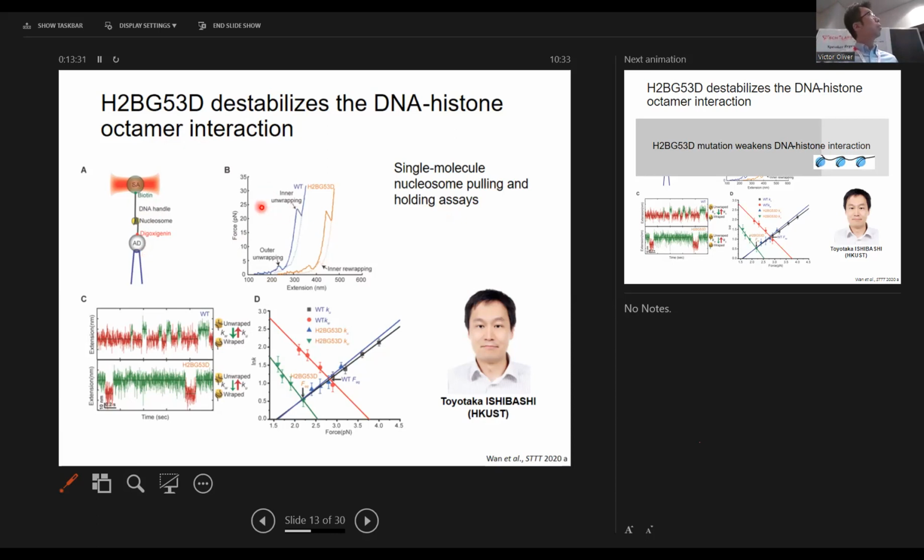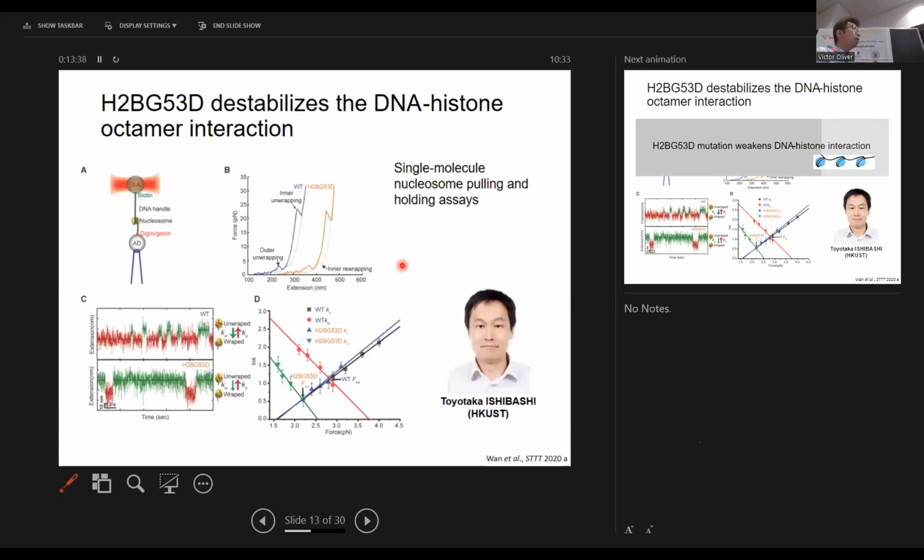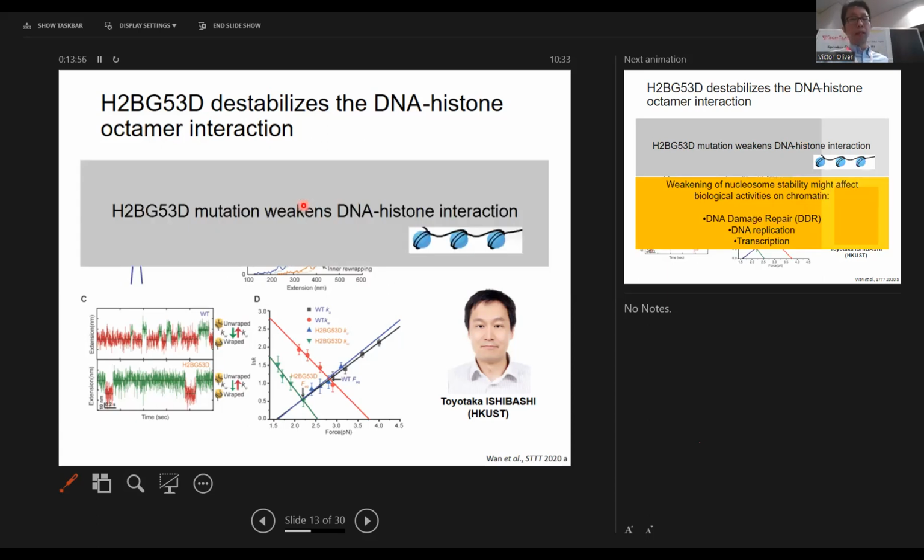So we have the wild type nucleosome, and we also have the H2B glycine 53D mutant nucleosome. So they are able to measure the force required to denature the nucleosome. And I would like to let you know that the result is much less force is required to denature the histone H2B glycine 53D mutant nucleosome compared to the wild type, suggesting that indeed the H2B G53D mutation weakens the DNA histone interaction because less force is required to denature the